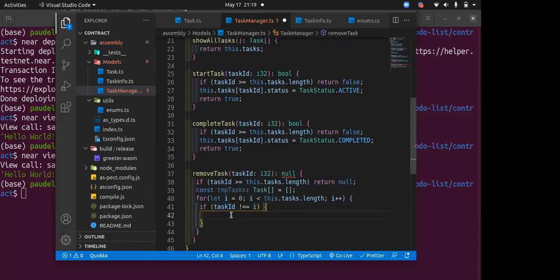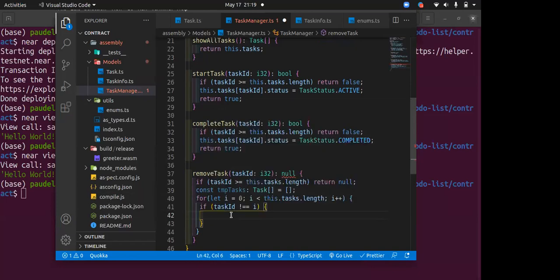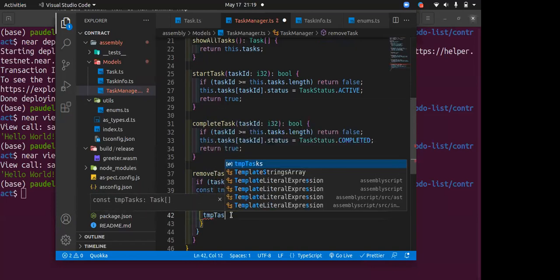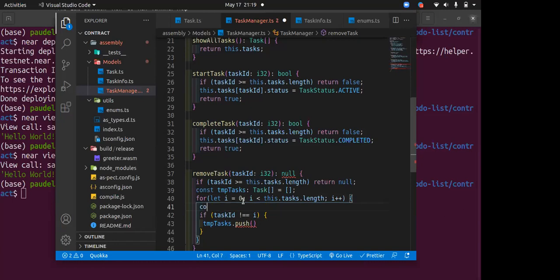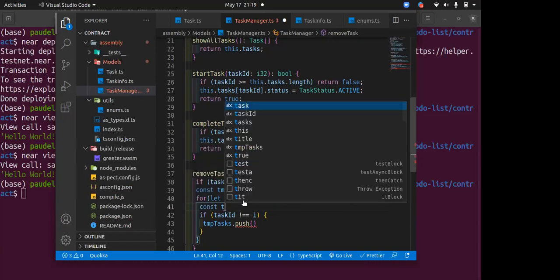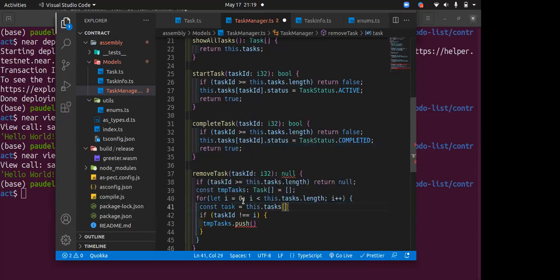If that is the case, then we basically push this task to our temporary array. tempTasks.push. So we're going to push task. Let me just have that defined right here. Task is equal to this.tasks[i]. So this is basically going to get us the task from the array. Then, if it is not the one we are deleting, then we should push it to the temporary array. Okay. After that,